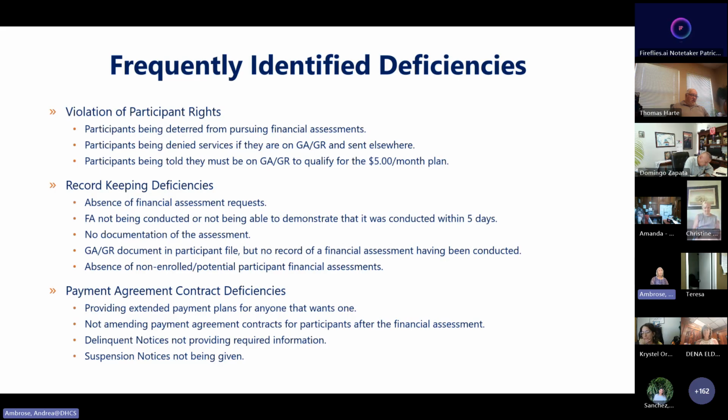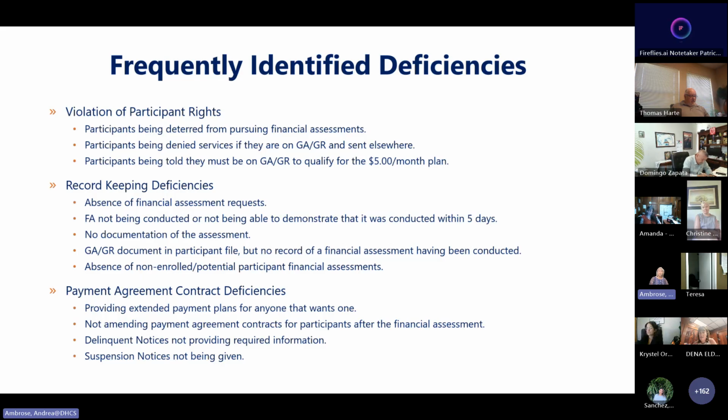We also see payment agreement and contract deficiencies. Programs have been providing extended payment plans for anyone that wants one. We see a lot of times where the payment agreement contracts are not being amended after the financial assessment.